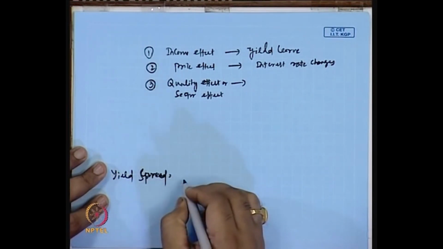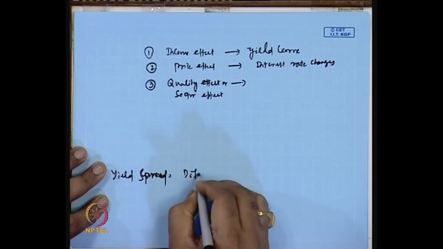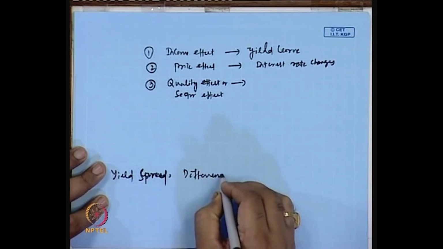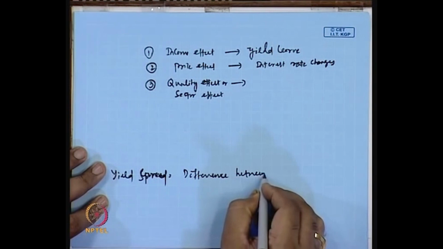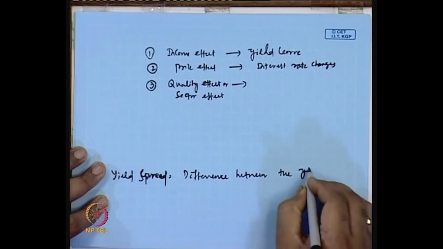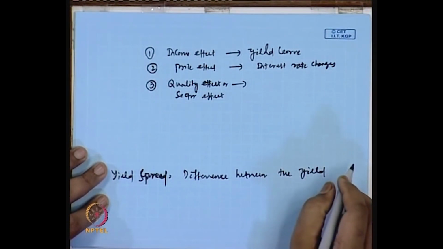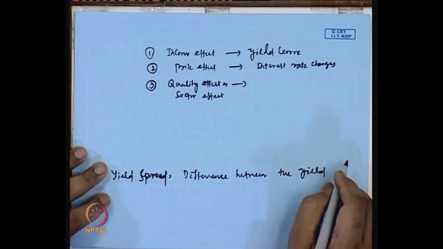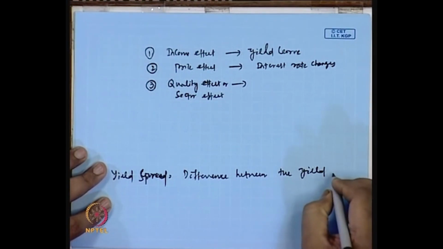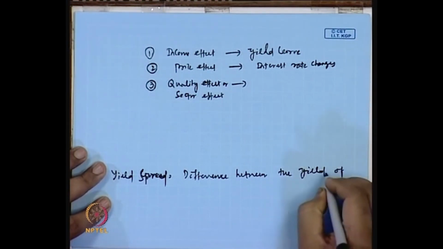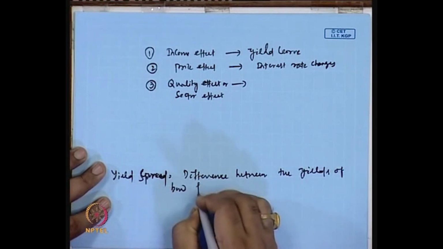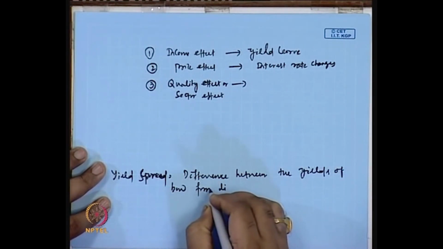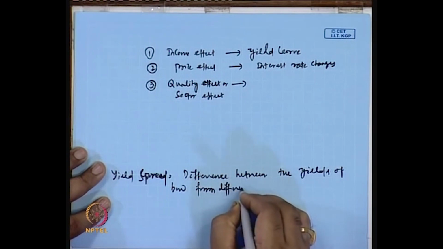Yield spread is nothing but the difference between the yields of bonds from different sectors